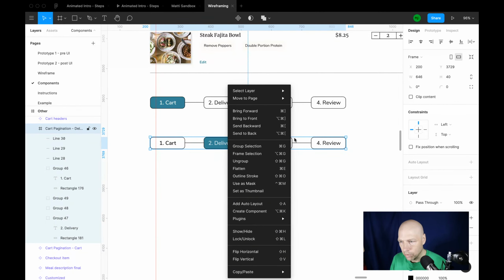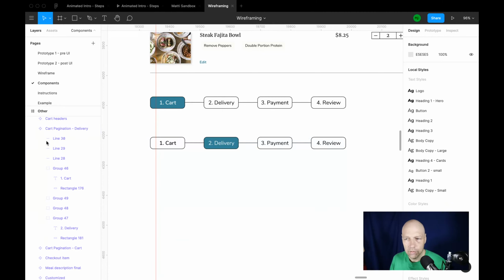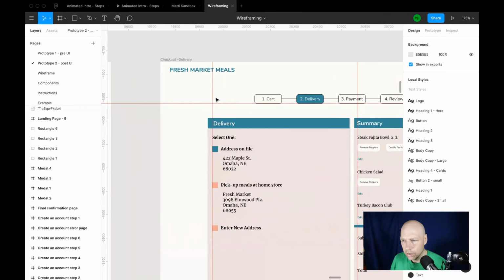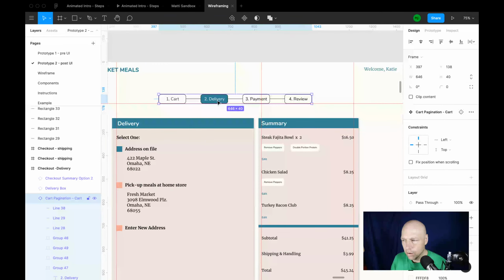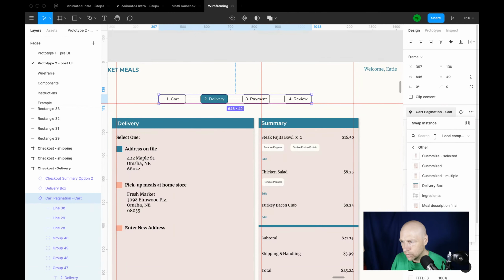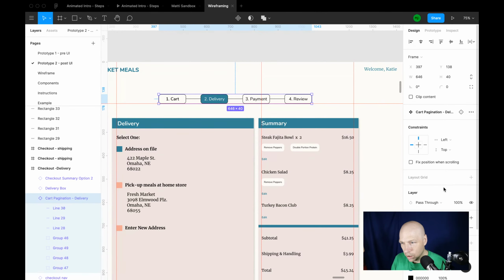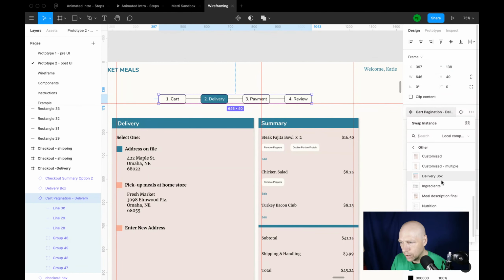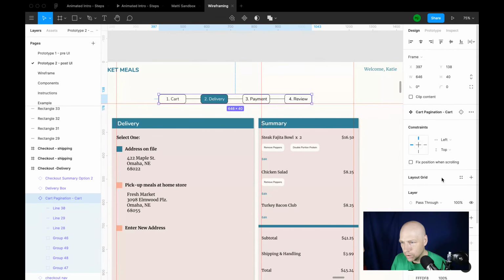And now let's go ahead and create a component. Now we've got cart pagination delivery. What this would allow us to do over here on post UI is, instead of having to worry about the switch that's happened here, we could simply swap instance, and we're going to come down to cart pagination delivery. And now it's just set up so that if I ended up swapping that out again to cart, well,